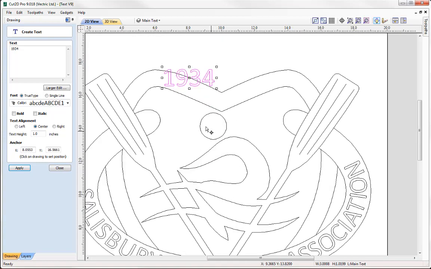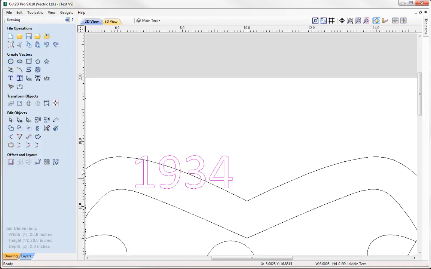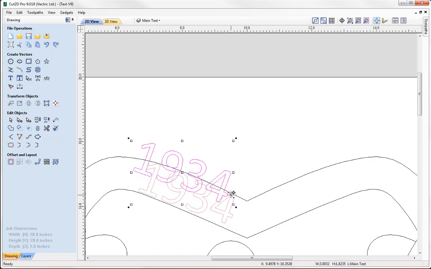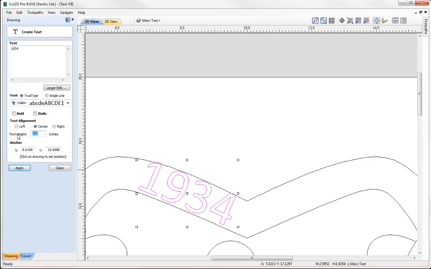So I need to move that up, and I'm going to rotate it now, which I need to come out of the form to do. So I'm going to take that now and rotate it and try and move it into position. And I've noticed it's too big. Okay, so I need to come back to the form now and change its height to be 0.8 for instance